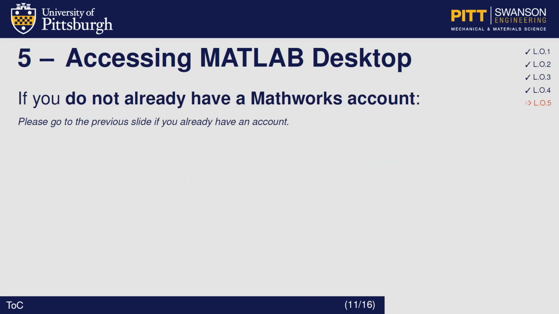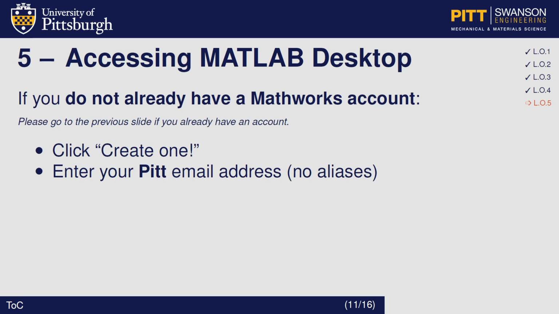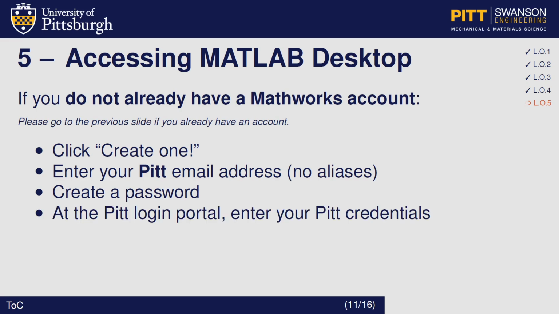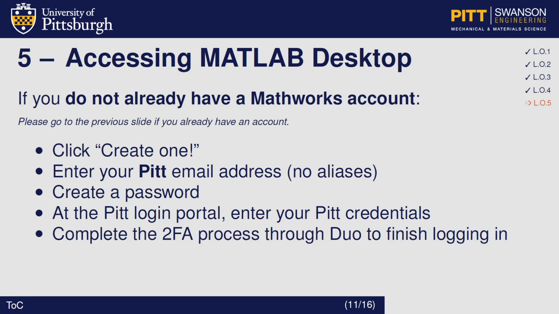If you do not have a MathWorks account, click the button Create One instead. Enter your PIT email address. Importantly, this must not be an alias. You must use your default address, for example, abc123@pit.edu. Create a new password. It does not need to be the same as your PIT credentials. And then at the PIT login portal, enter your PIT credentials. Complete the two-factor authentication process through Duo to finish logging in. And then in the downloaded PDF, this hyperlink at the bottom of the page will take you to the rest